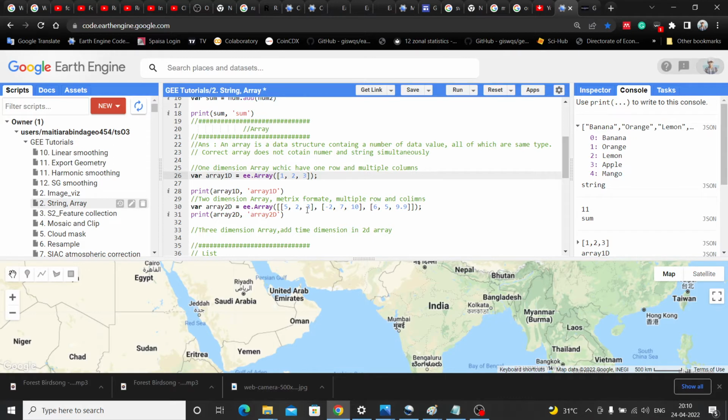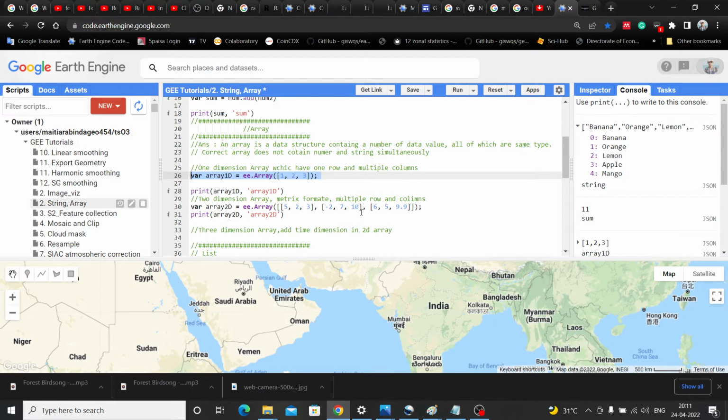So there are generally 3 types of array: one dimensional array, two dimensional array, and three dimensional array. So first we discuss one dimensional array. A one dimensional array always contains a single row or multiple columns, and a two dimensional array is always in matrix format.